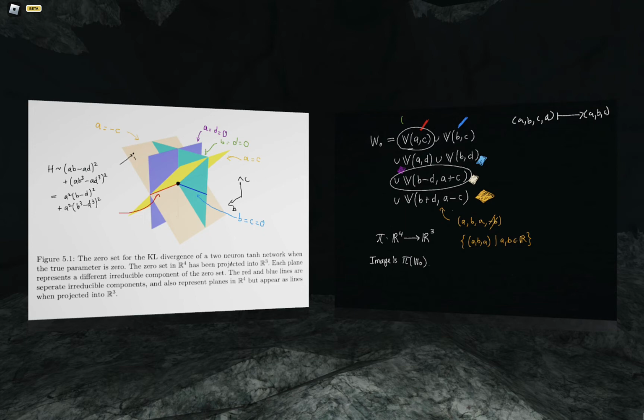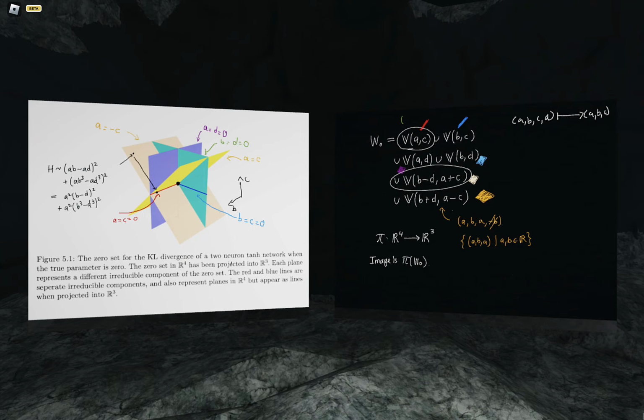If we then move from here to here, so the red component was where a is equal to 0 is equal to c, right? Then h becomes at that point,